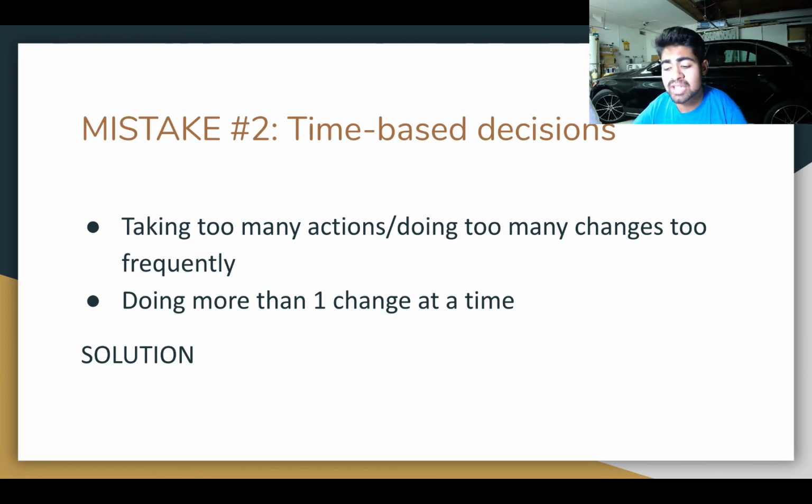With Google ads, you just cannot make too many actions or do too many changes too frequently. In fact, after every single change, you should allow 4 to 7 days for the Google Ads campaign to properly optimize and show you any type of results. Just to show you an example, every time I increase my budget of my main winning campaigns on my Google Ads account for my Google Ads store, the next day that campaign literally gets me 0 sales. It doesn't matter if the previous day it got me 20 sales or 50 sales, the next day usually it will get me 0 sales.